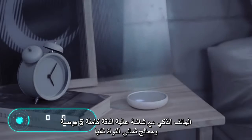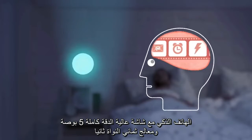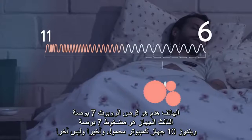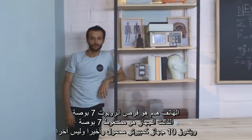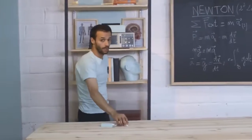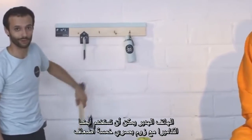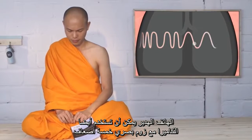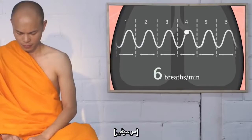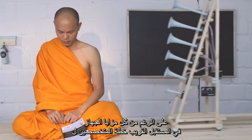Dodow Sleep Lamp. This is an electronic metronome created specifically for people experiencing sleeping problems. According to the developers, in order to fall asleep quickly, you just have to slow your breathing from 11 to 6 times per minute. To facilitate this process and to save you from obsessive thoughts that usually prevent you from falling asleep, the creators of Dodow suggest using a small lamp that projects a soft blue light on the ceiling. It's enough to concentrate your attention on it and try to breathe at the same rhythm to fall asleep naturally